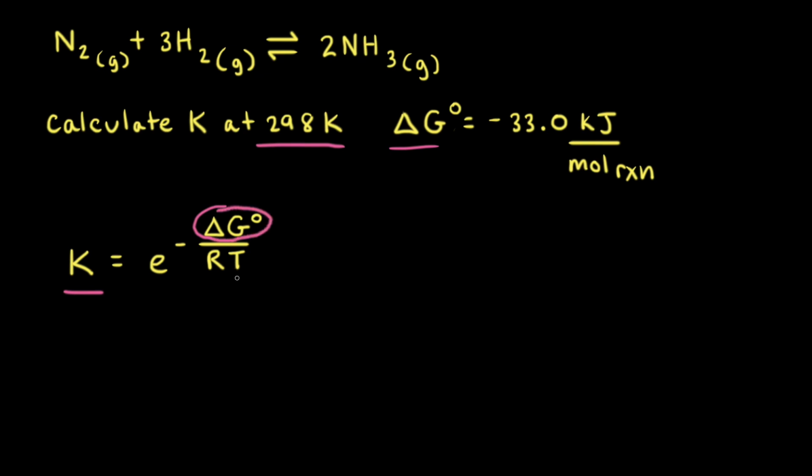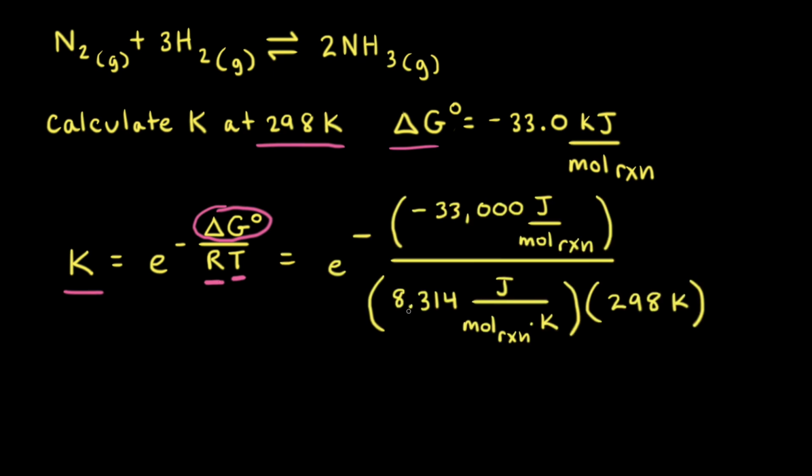We also need to plug in the temperature in Kelvin and the ideal gas constant R. The ideal gas constant is equal to 8.314 joules per mole of reaction Kelvin. And since we're using joules in the units, we need to make sure to convert the units for ΔG naught into joules per mole of reaction. So negative 33.0 kilojoules per mole of reaction is equal to negative 33,000 joules per mole of reaction, still with